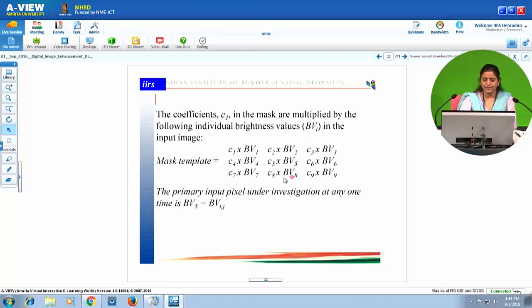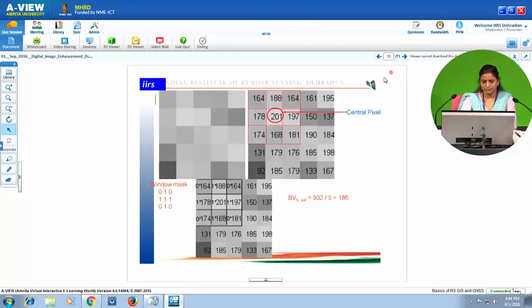This all will be summed up, divided by C1 plus C2 plus C3 plus C4 and so on. So that would give me the new brightness value of the central pixel, which is always the fifth pixel, that is BV5. The window starts from one end of the image and goes on moving throughout the image pixel by pixel and calculates the new value.